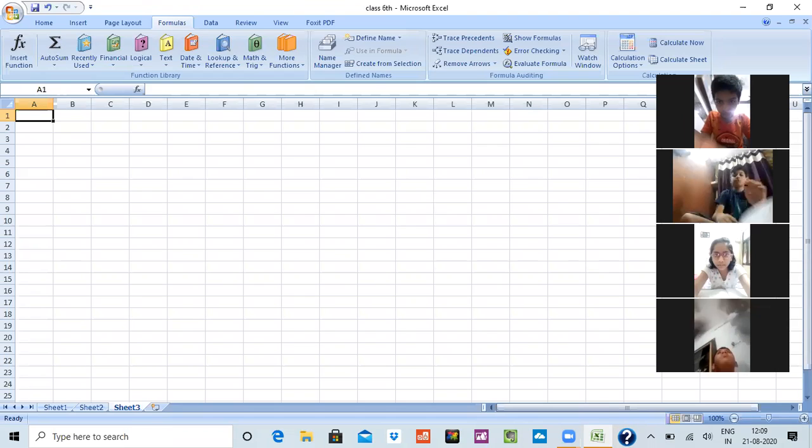And Anshika, my question is for you. Unmute yourself. I have clicked it. Tell me, how many sheets are there in a particular Excel when we open it? By default, how many sheets do you get there?